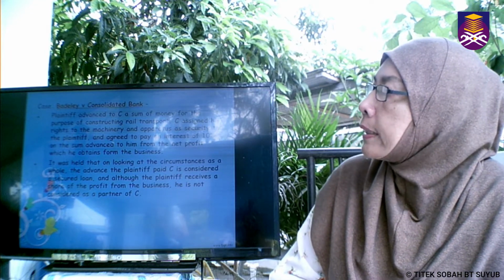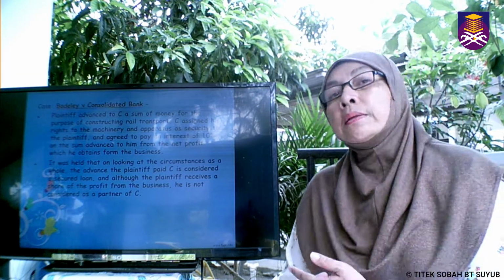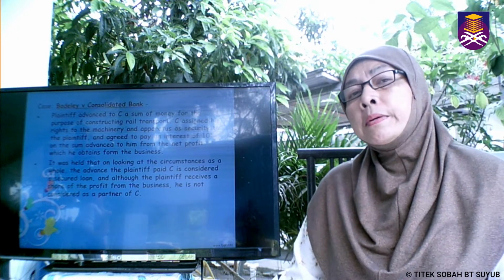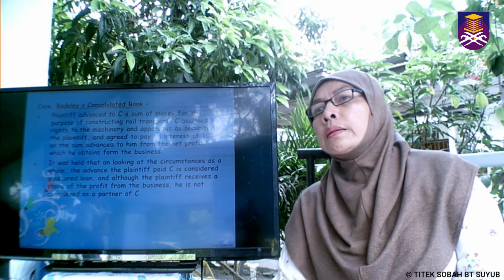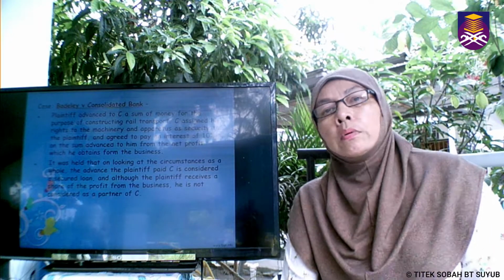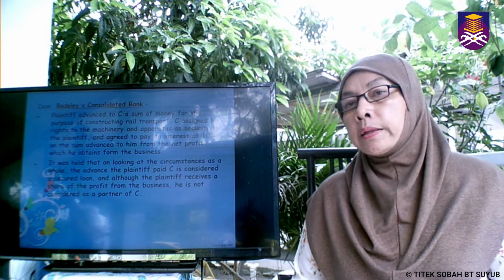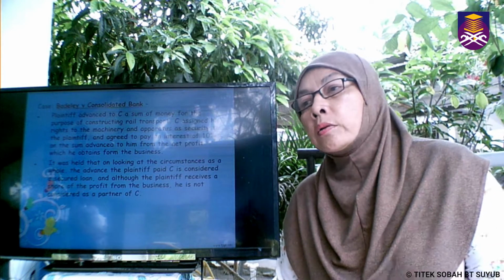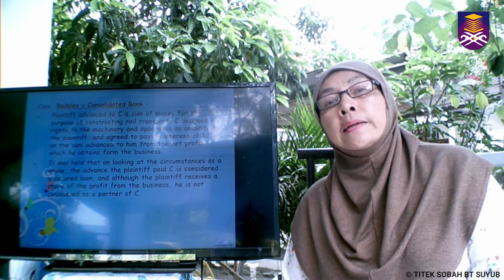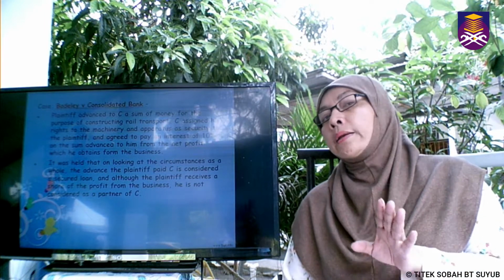Okay, and how actually is he going to pay the interest of the said loan? He's going to pay 10% of the interest from the net profit of the business. So does it make the creditor, the person who lends money, his partner? No. In fact, the court held that their relationship is that of a creditor and a debtor, and the creditor is actually a secured creditor because the machinery is being charged, is being assigned to the creditor. They are not partners. Their relationship is merely as creditor and debtor.